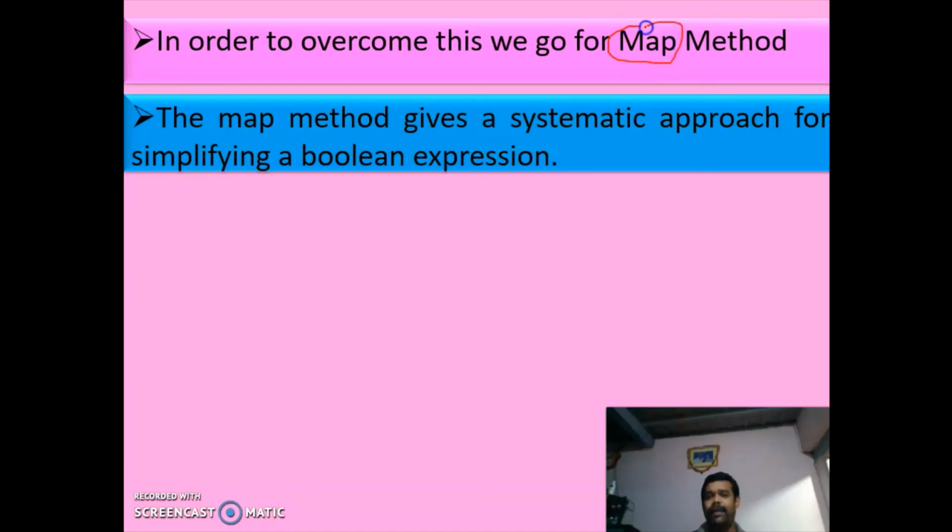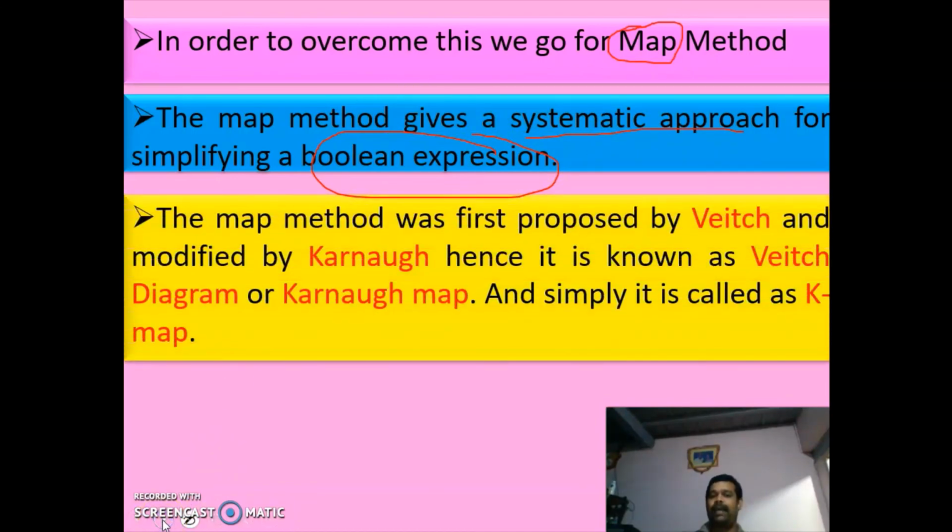This map method gives a systematic approach for simplifying the Boolean expression. So in order to overcome the difficulties we have in Boolean algebra, we are going for a map method, which is a systematic method for simplifying Boolean expressions.